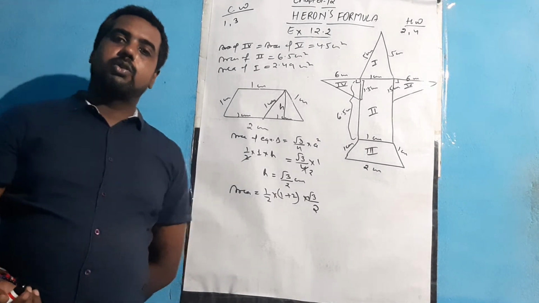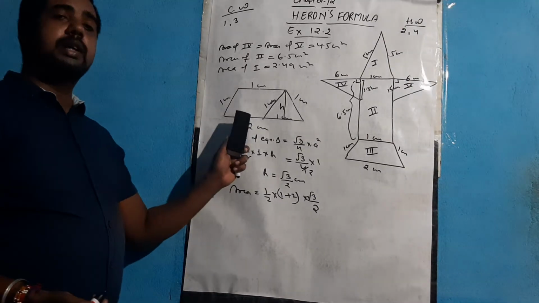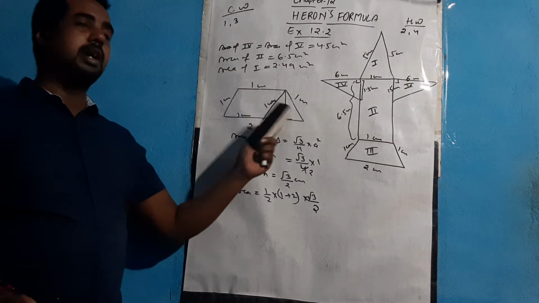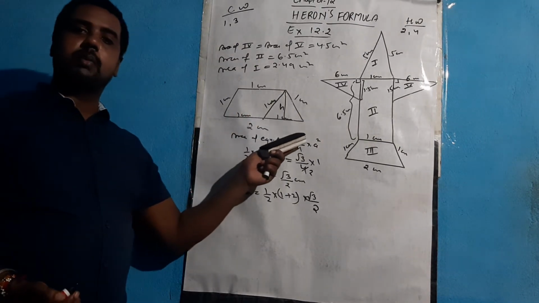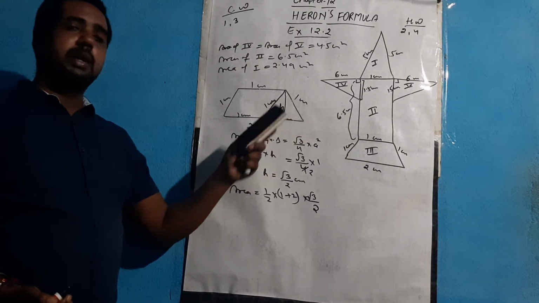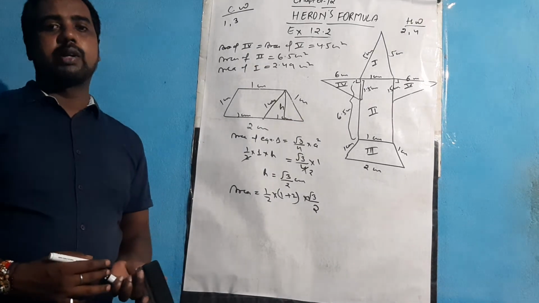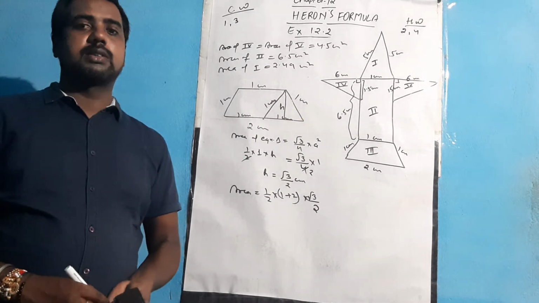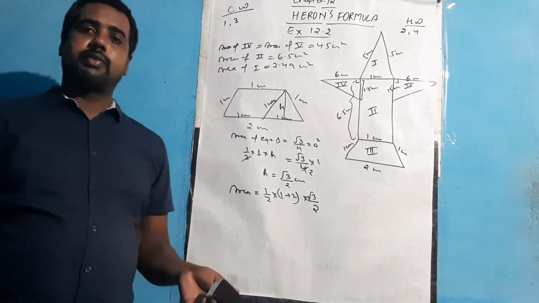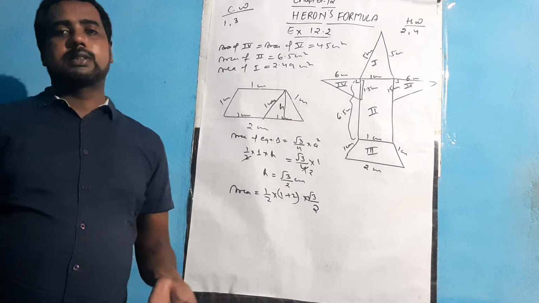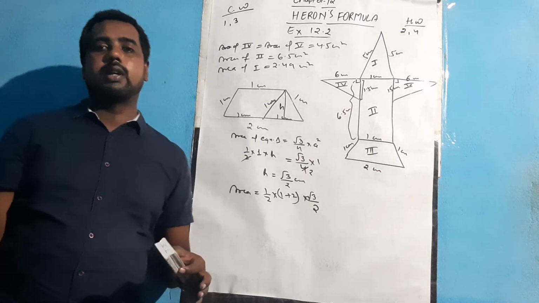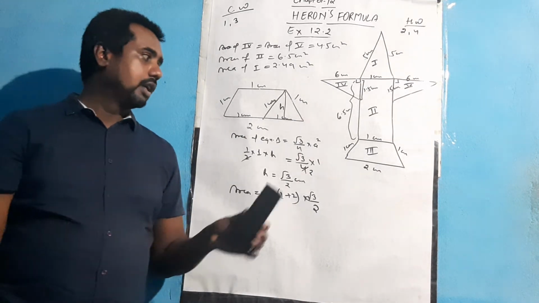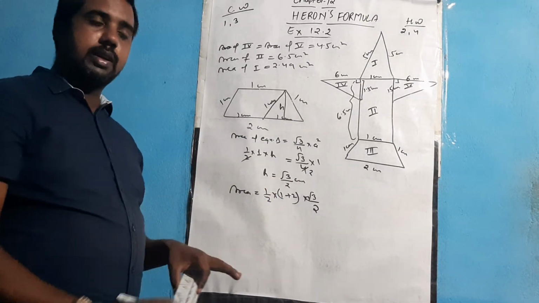Always remember, whenever you get a trapezium, try to convert that trapezium in the form of a parallelogram and a triangle. After you convert it into a parallelogram and a triangle, this triangle may form an isosceles, may form an equilateral, may form a scalene. All three sides may be the same also, different also. In that case, if it is same or different, you can always go for Heron's formula, or if it is equilateral, apply the formula for equilateral to get the area of that particular triangle.